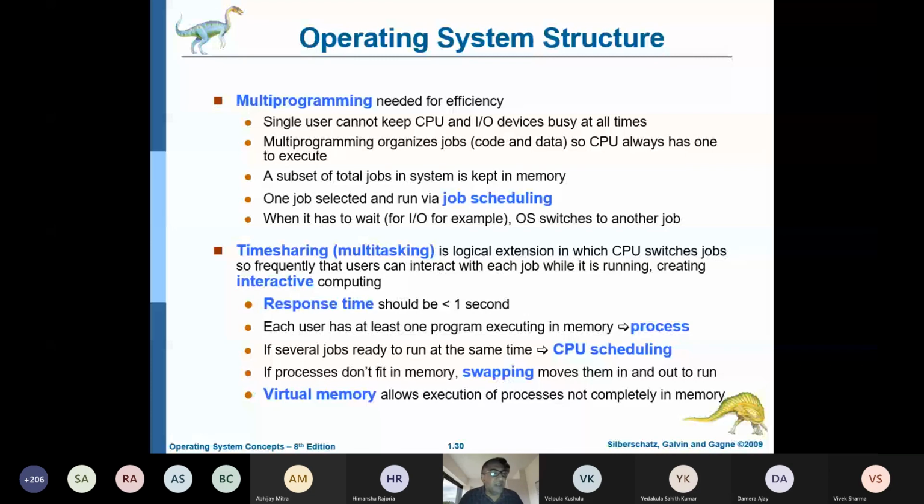Otherwise, if you don't submit, your submission will not be there, and there is no way we can evaluate your answer sheet. So please adhere to that. Since we don't have a timer, it's a manual way of doing it. Please keep your watches and try to answer within the given time.